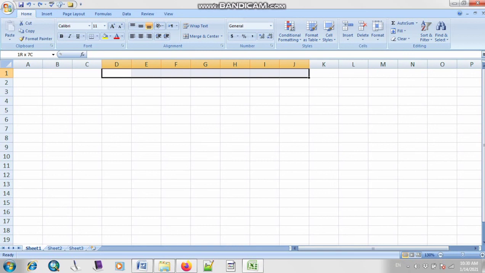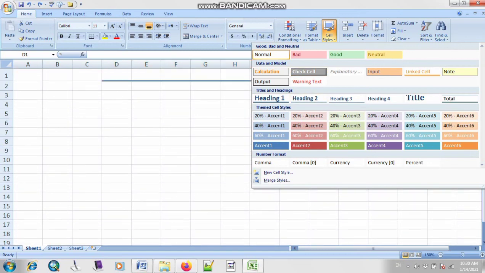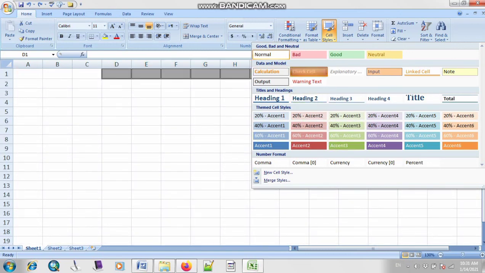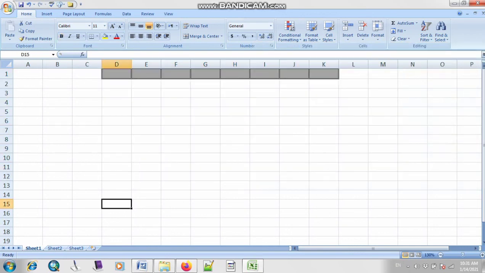Can we select some columns or some cells right now for selection, or apply some colors? Can we do this? Right. So we can also apply some colors, like I will click on this, I will select all the cells, and then I will click on this option of cell styles. I will apply some colors. Okay. So basically we can apply it to the whole worksheet, to all the cells, and we can also apply it to some selected cells.